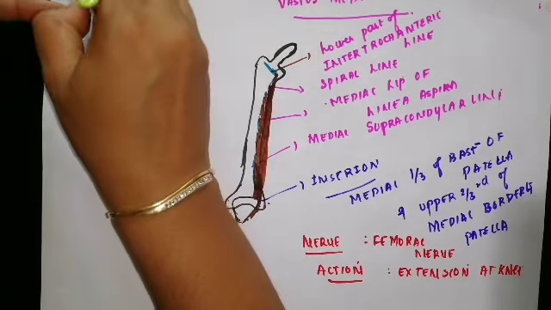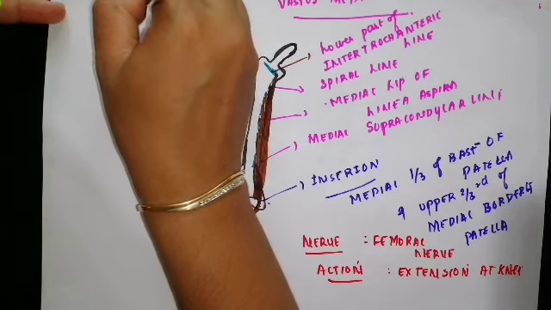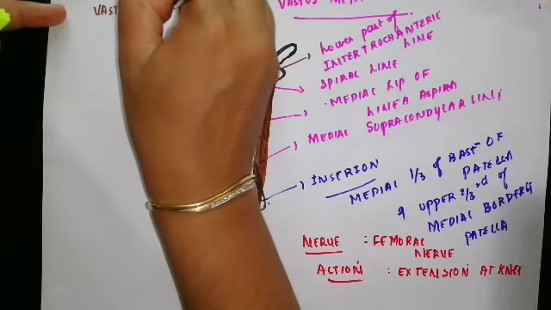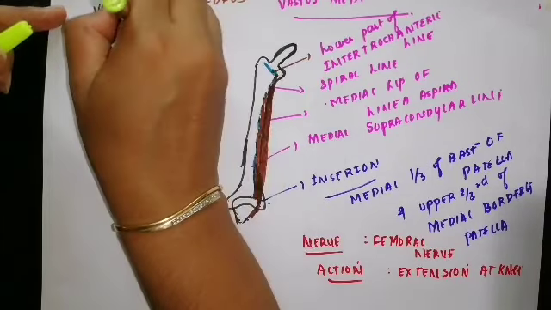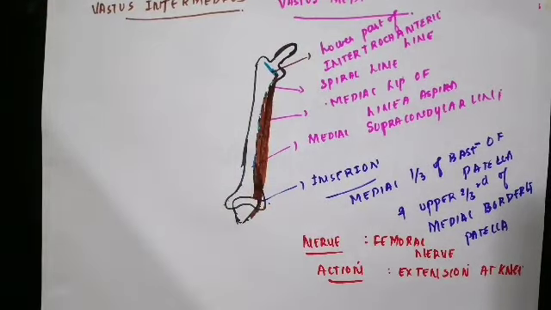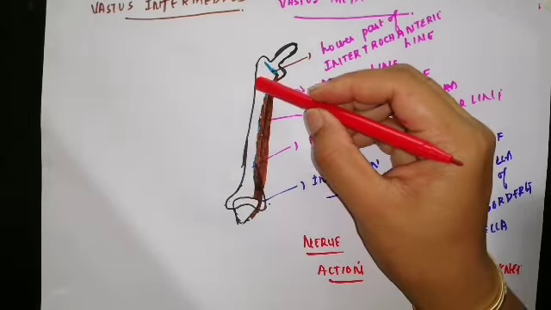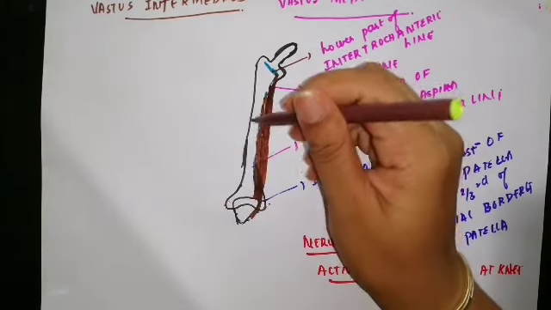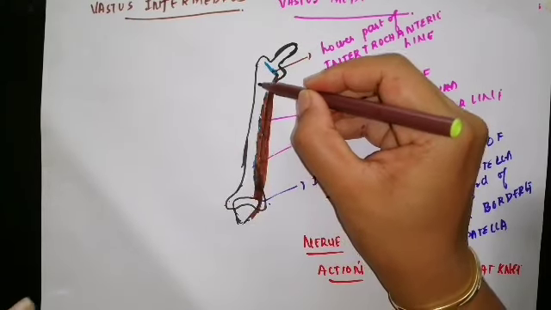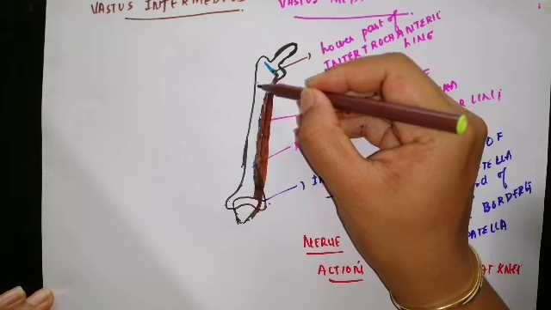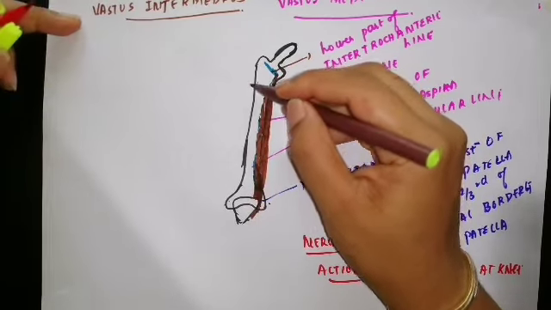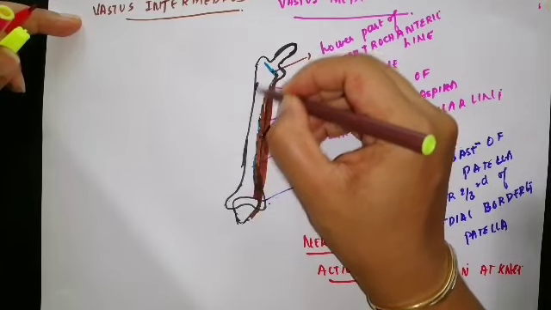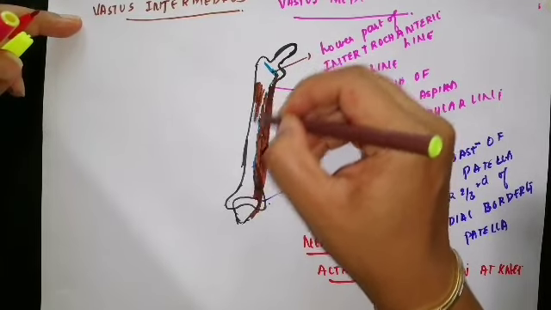Now we'll discuss the vastus intermedius muscle here. So the vastus intermedius, it is originating from the upper 3/4 of the anterior lateral surface of shaft of femur. So this has its origin from the shaft of femur, that is from the anterior and lateral surface of shaft of femur, upper 3/4. So it is originating from the shaft of femur like this,